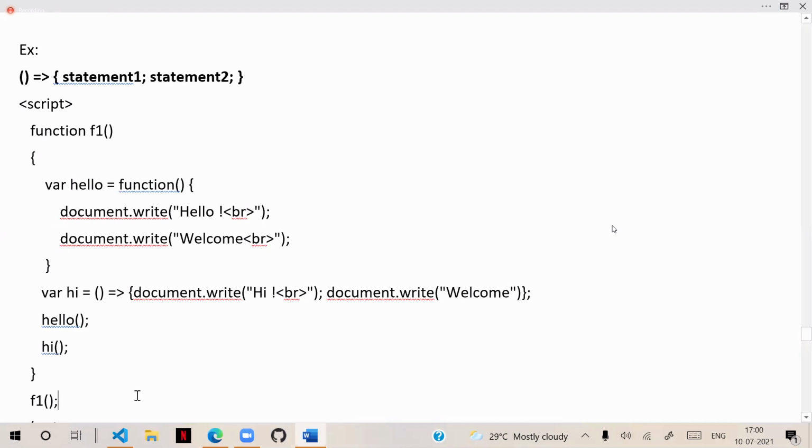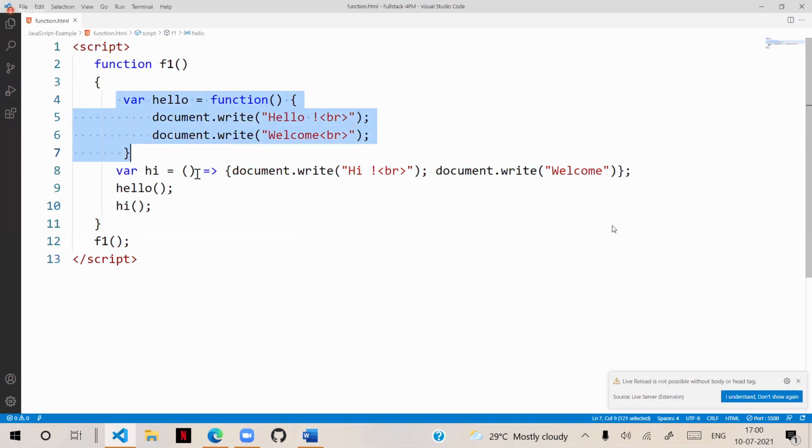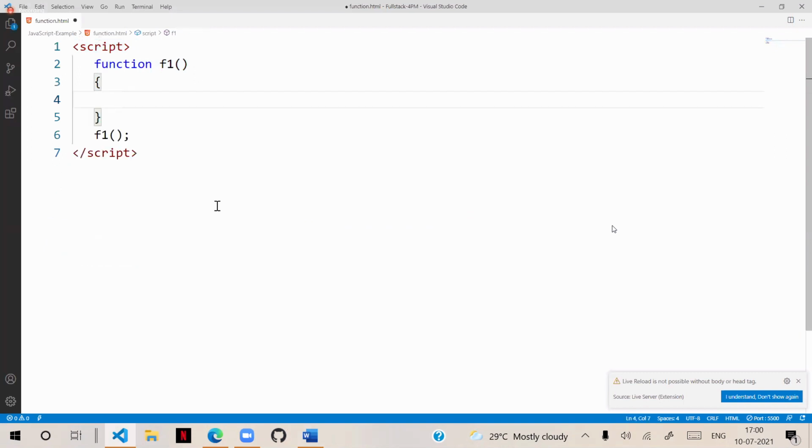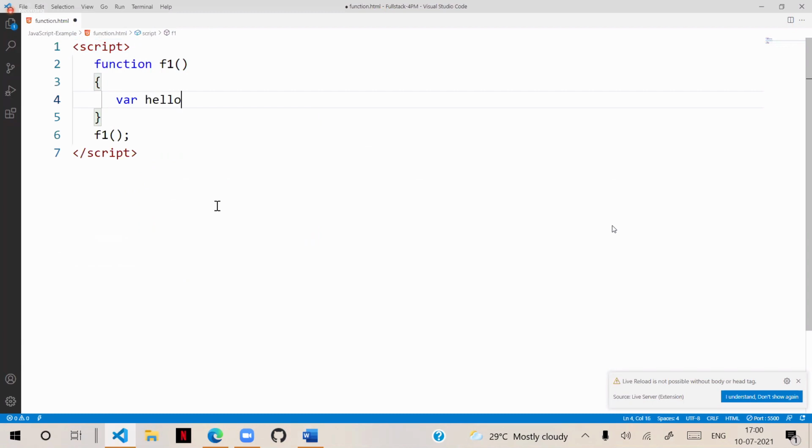If there are parameters, for example, here I am writing parameters. That means simply, var hello is equal to, a parameter username, that is the parameter, arrow, and directly we can print a message. That means this indicates return hello, username.